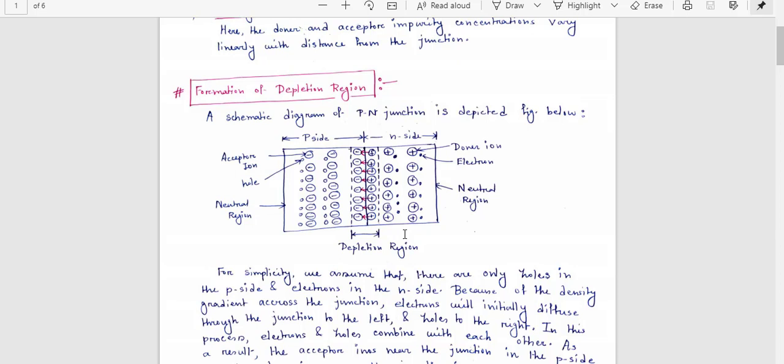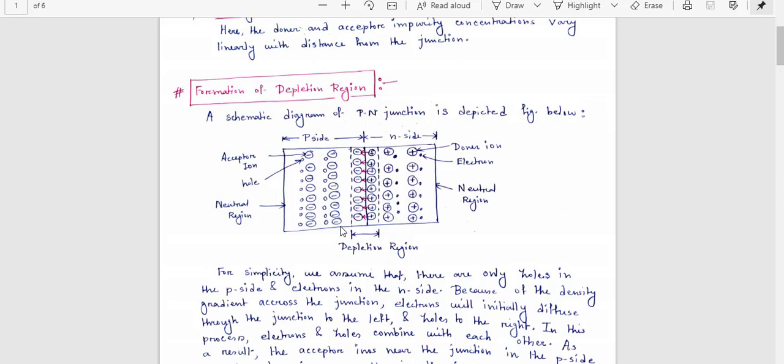It is just the reverse operation of forward bias. If the width of the depletion region increases, there is less chance for electrons and holes to combine. That means the movement is less, or you can say conductivity is less. So in the case of reverse bias, the movement of electrons and holes is less.